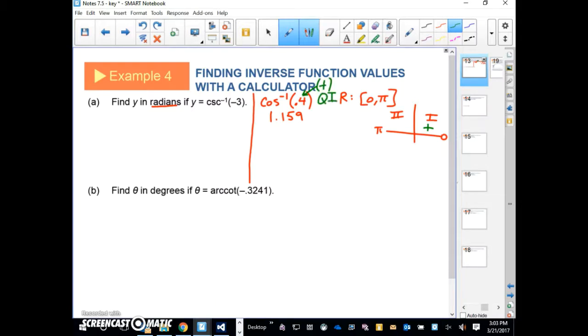And so when we do what, the calculator gives us 1.159, but we have to look at the where and think about this as being in that first quadrant. It's in the first quadrant, and the good thing about the first quadrant is it just is what it is, and so that's the answer. If we had done a negative 0.4,